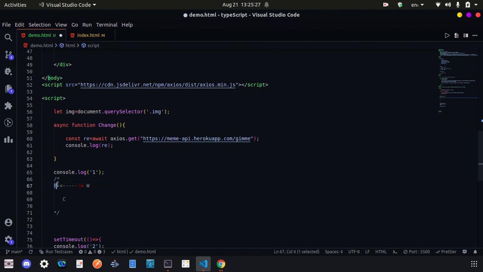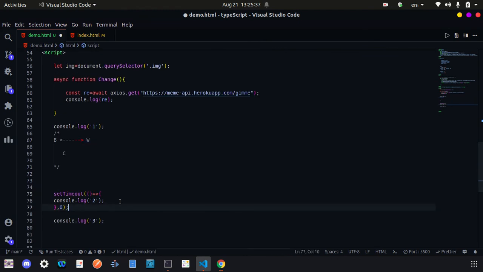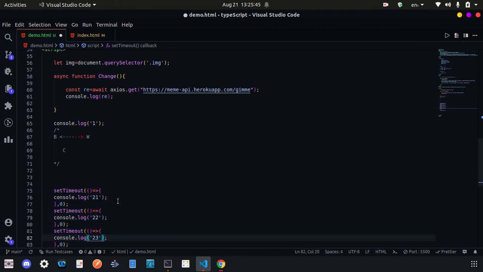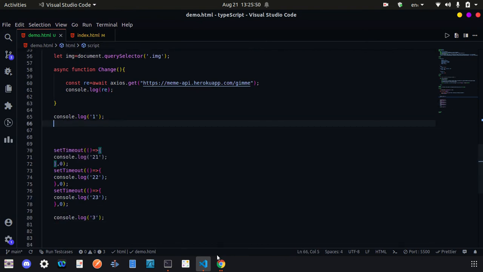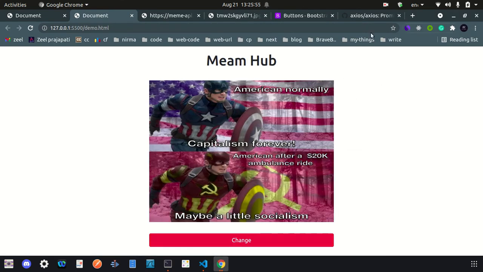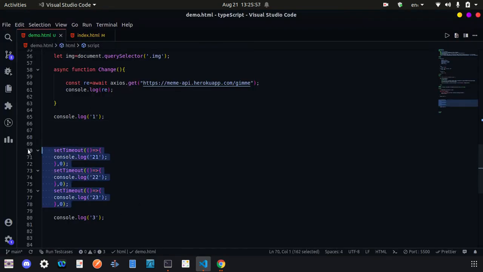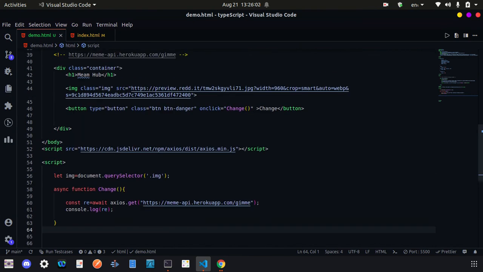Basically here we check whether our JavaScript stack is empty or not, and there are a bunch of setTimeout functions, which are executed based on the time they were called. Like here, let's say we have 2 1, 2 2, 2 3. First of all we get 2 1, then 2 2 and 2 3, and you can see that in our browser we are getting 2 1, 2 2, 2 3. This is the basic use of any API or the async nature of JavaScript, and it is very useful for how our browser handles our JavaScript code in real time.